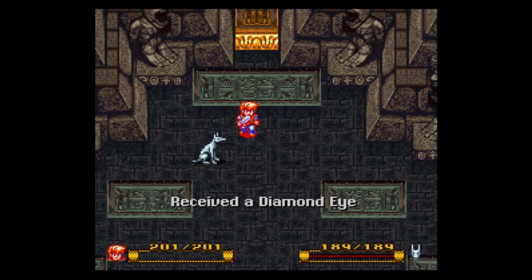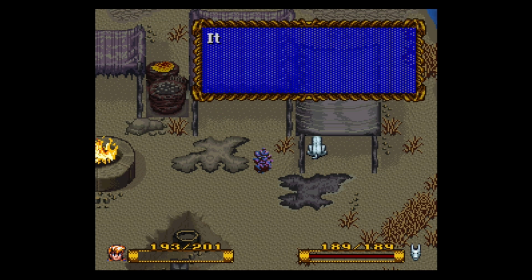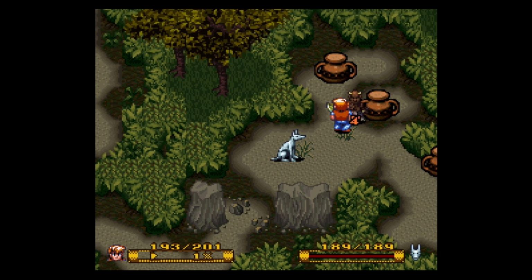After smashing the boss, you get the first diamond eye. Get back to Horace's camp, stock up on ingredients and talk to Melandros to get the escape spell. Before you go into the halls of Collosia though, go to the jungle and river and destroy the stone walls